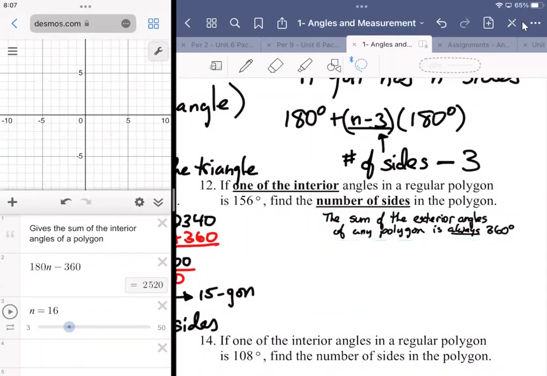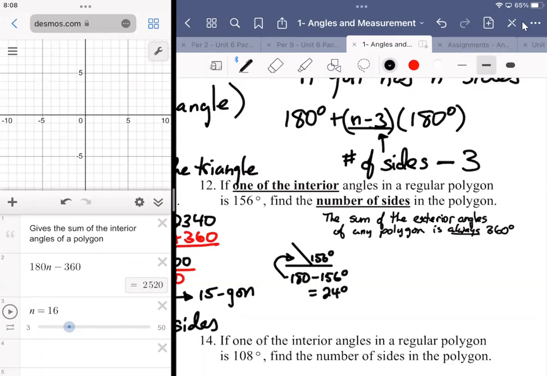So the sum of the exterior angles, but you're saying they gave us one interior angle. Well, we know the relationship between an interior angle and an exterior angle. They're always supplementary, right? So if I just draw one pair, I'm not drawing the entire polygon because I don't know what it looks like. But if I just draw one pair of interior and exterior angles, the interior is 156. The exterior would have to be 180 minus 156, which would be 24 degrees,